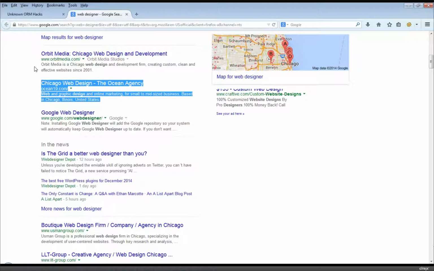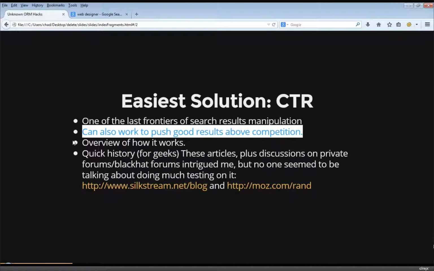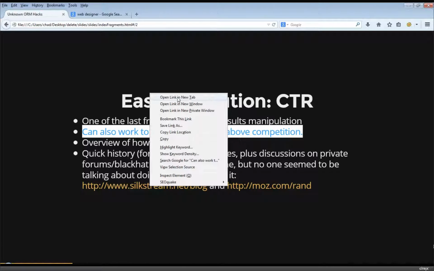But definitely click-through rate is a major way that Google is measuring which pages belong on the first page and which don't. That's an overview of how it works. Now, let me give you just a quick history about this. You may have seen,